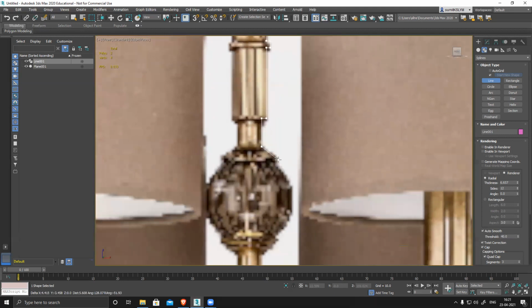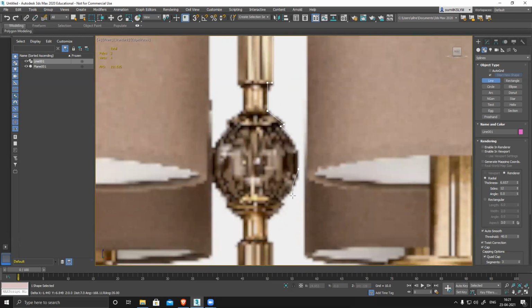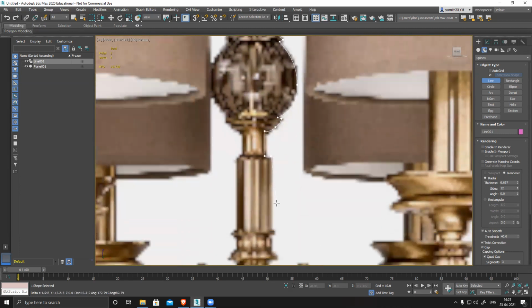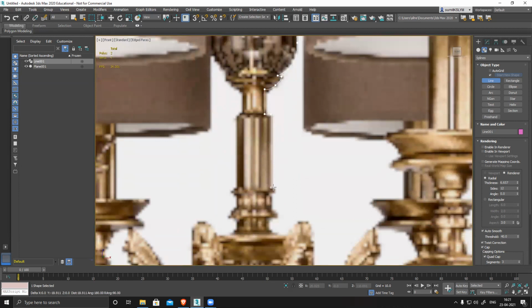All these shapes you can see. Straight line, straight line, I'm holding shift, because if you hold shift it will create a perfectly straight line.